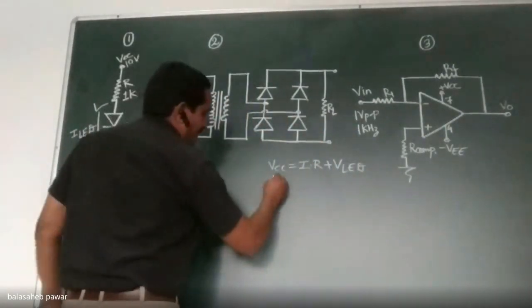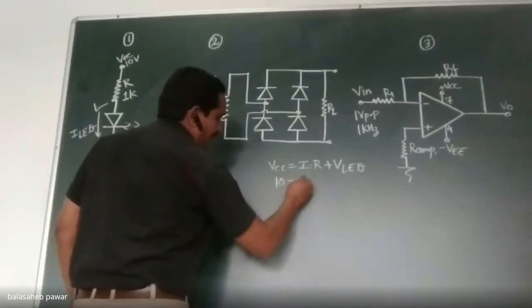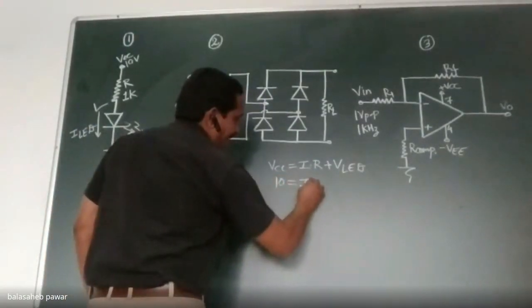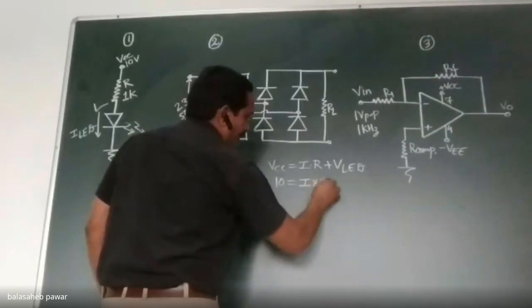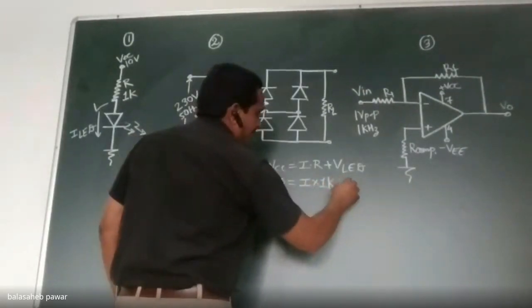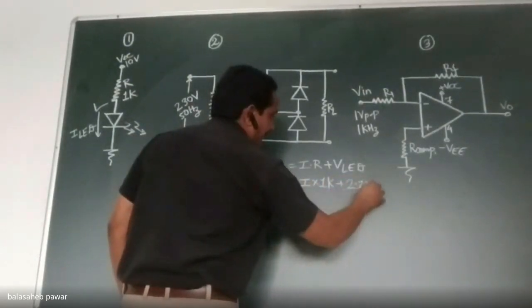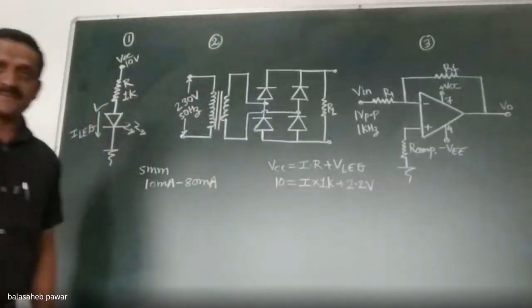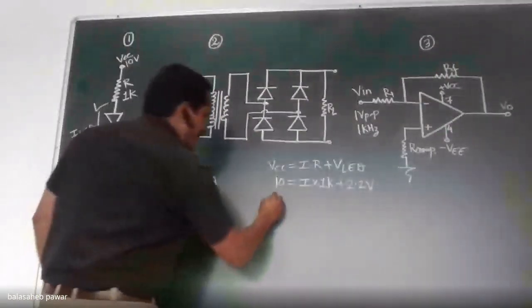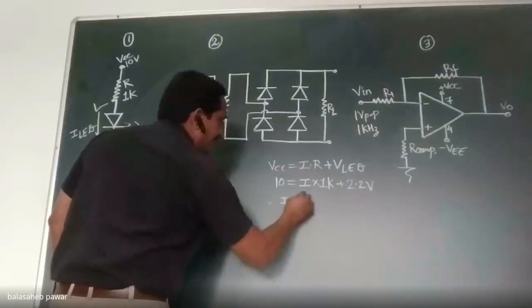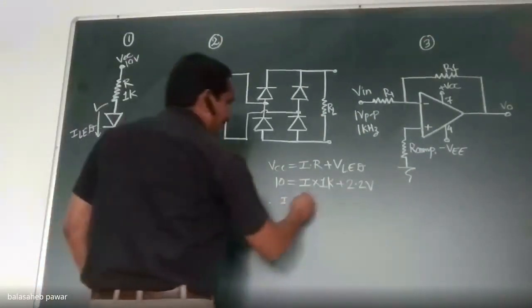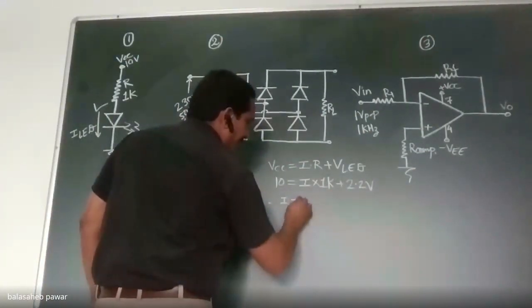So VCC, which we prefer as 10 volts, equals, we don't know how much I is, but we selected the resistor of 1 kilo ohm, plus consider the voltage drop across that LED as 2.2 volts. So find the value of I, which equals 10 minus 2.2, that is 7.8,